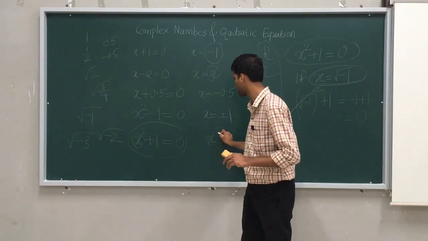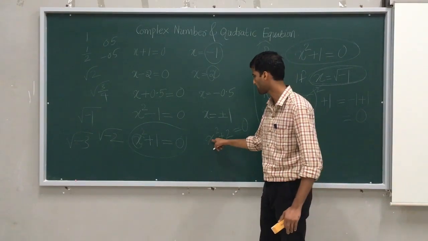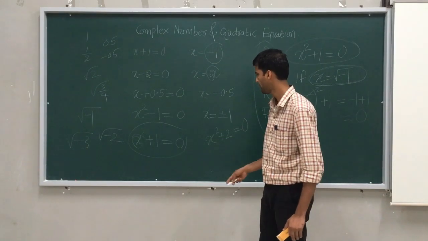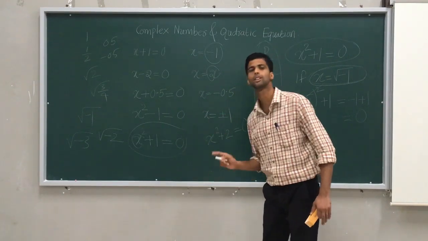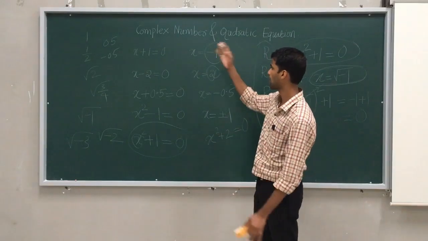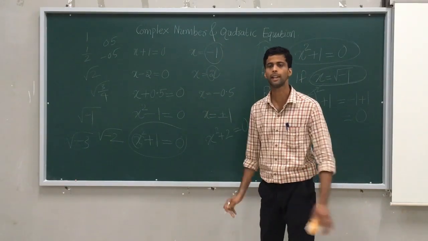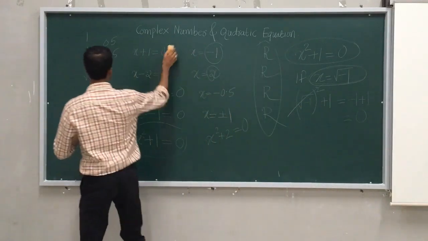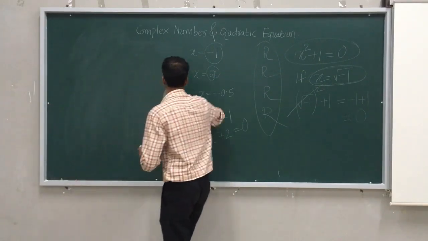If I ask you x square plus 2, here also the same thing. You need to take root of minus 2, which is not a real number. Therefore, to answer such a question, they developed a new theory called complex theory, and they gave the name complex numbers. Now I will discuss its definition and ideas one by one. Hope you understood why they developed complex numbers.